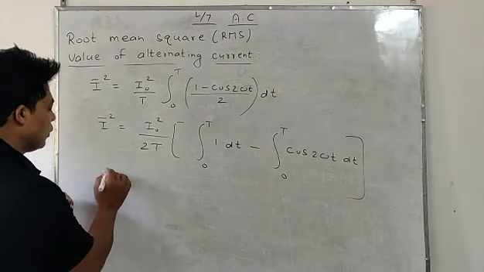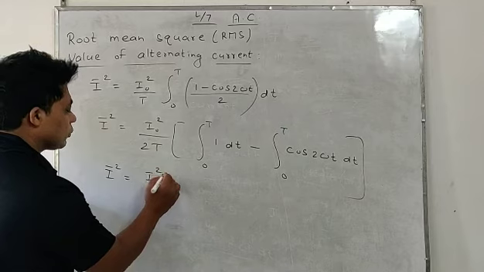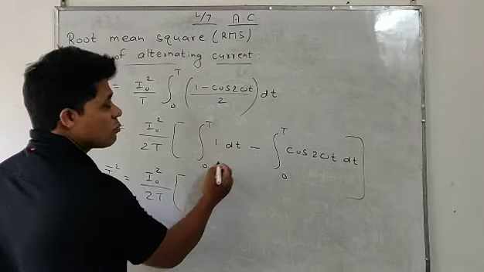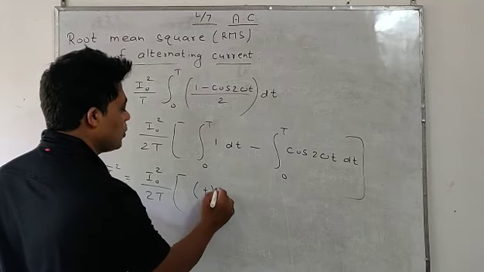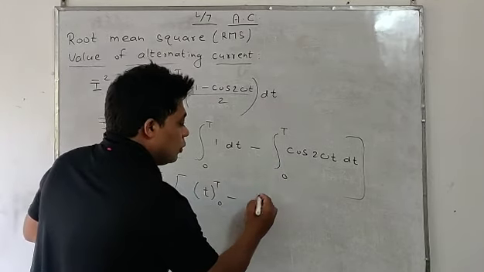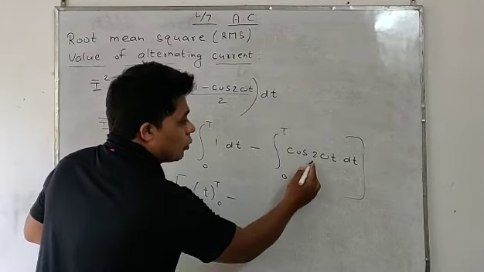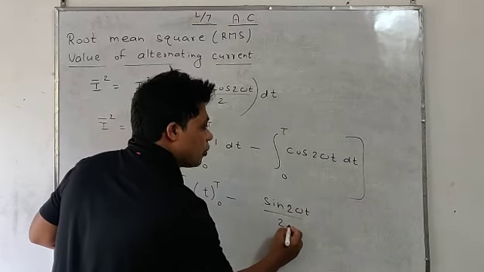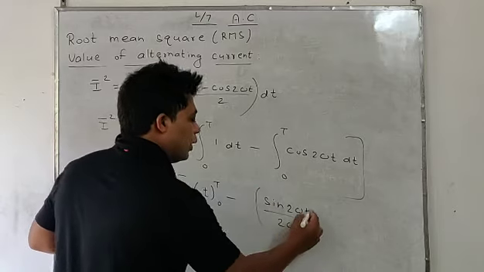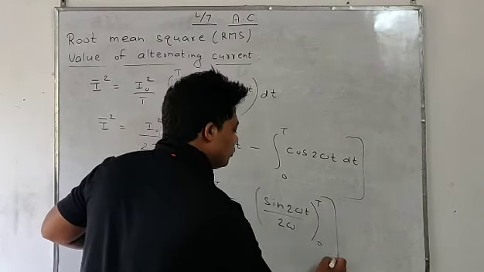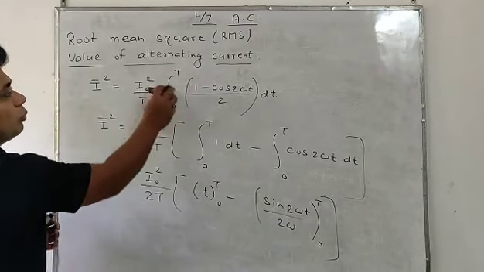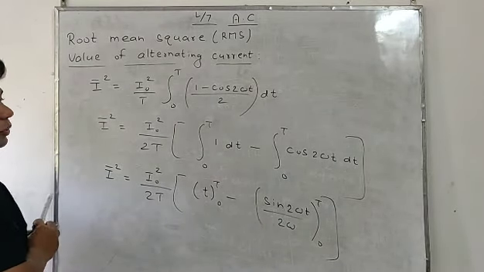Now open that formula. I bar square, I naught square by 2T, integration of 1 with respect to dt is t, limit 0 to T, minus integration of cos 2 omega t, which we can write as sin 2 omega t, and with respect to t, 2 omega is constant. Okay, that comes in the denominator and limit 0 to T. Okay, students. Now, how can you put the limit? I'm going to remove these two steps. You can take a screenshot. You can write this. Okay.